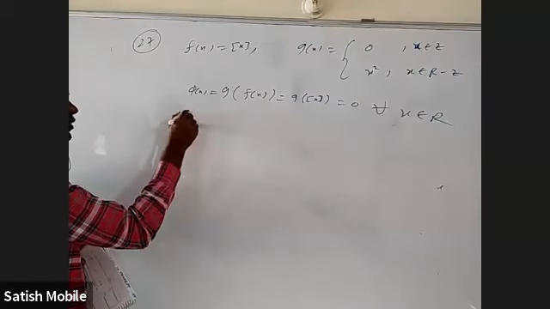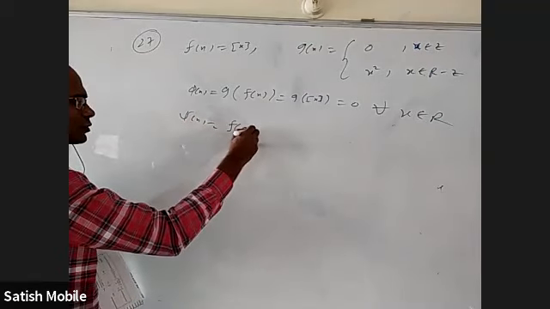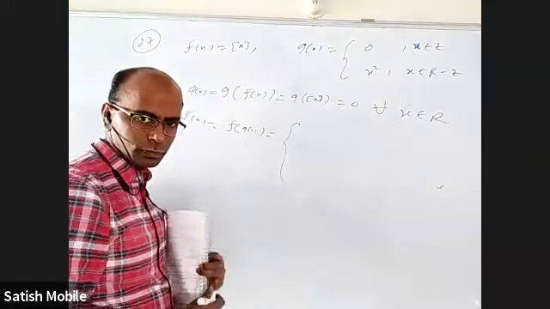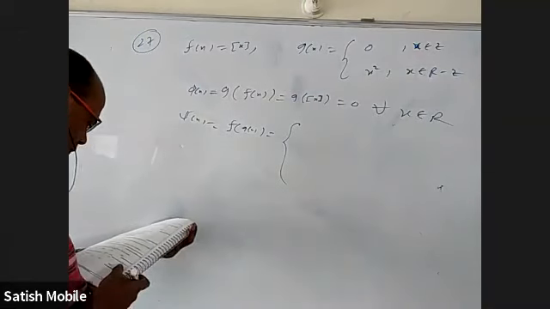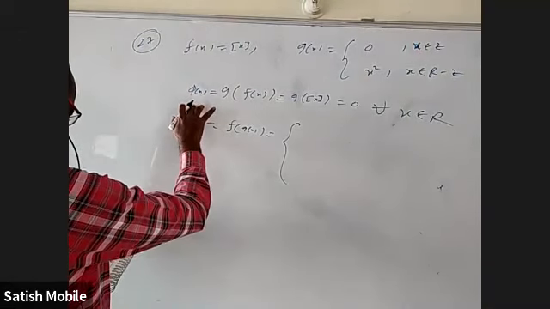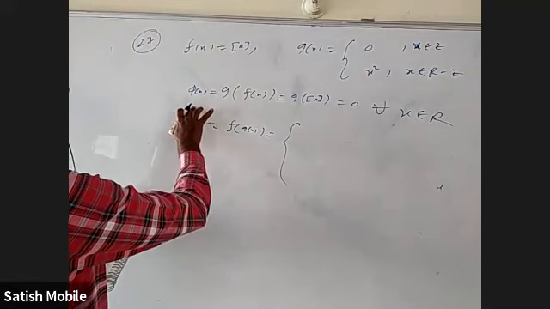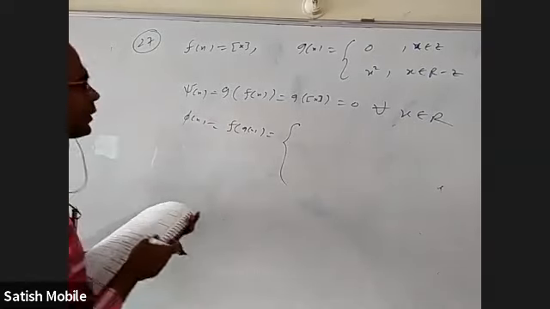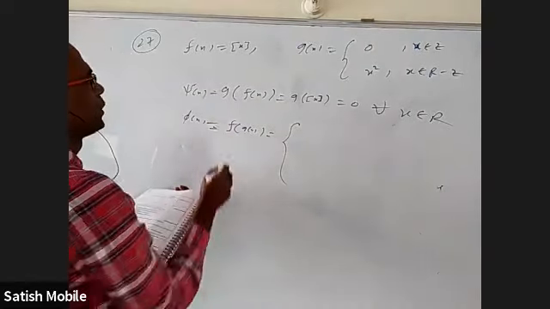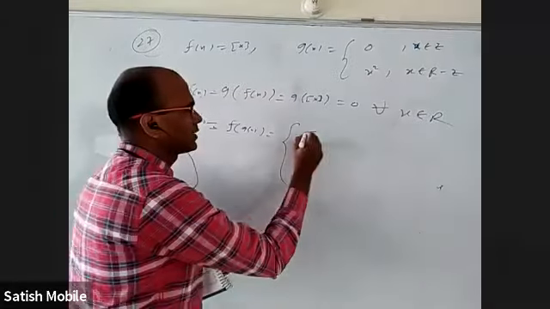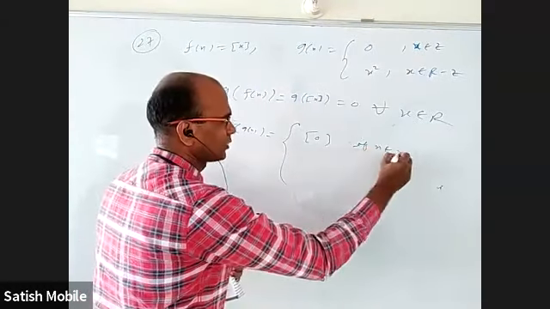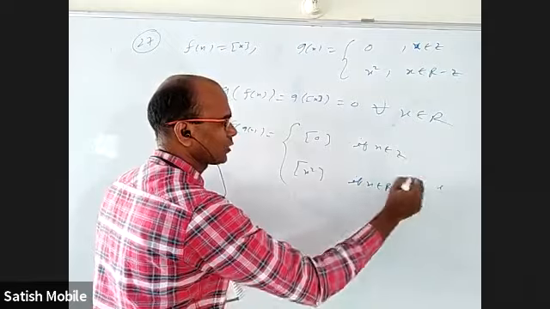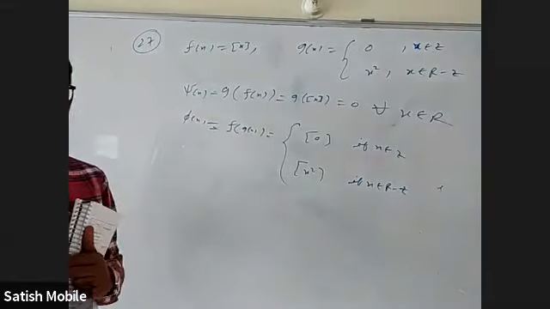Whereas when you take psi of x, which is f of g of x, I have to substitute this one here, I'll get two cases. So this is psi of x and this is phi of x, okay. So within f, if I have to put g, it is integer part of 0 if x belongs to Z, integer part of x square if x belongs to all real numbers minus Z. Integer part of 0 is 0 only.